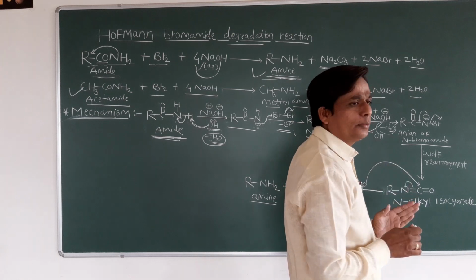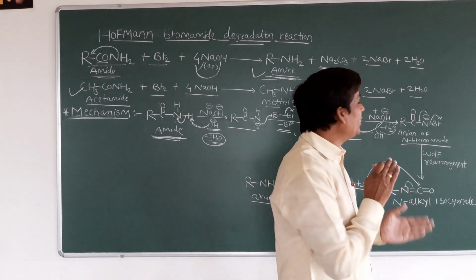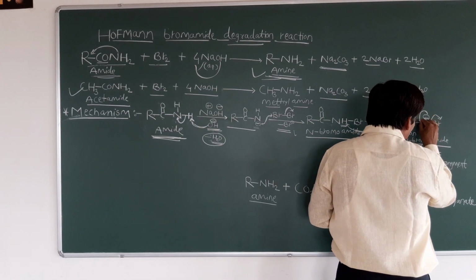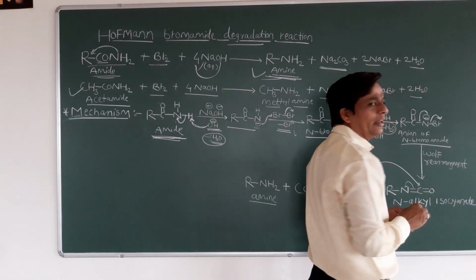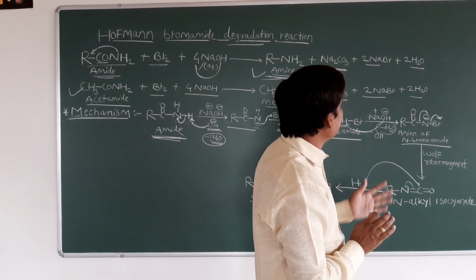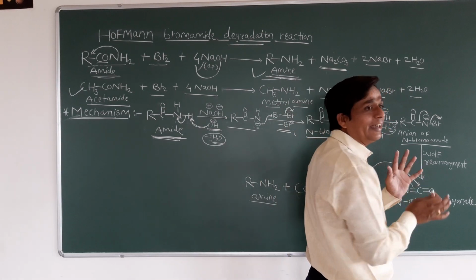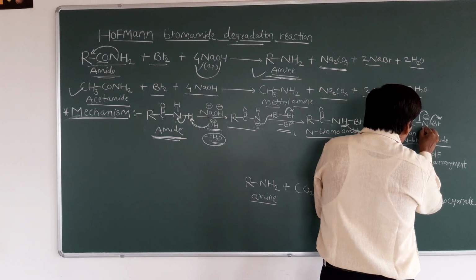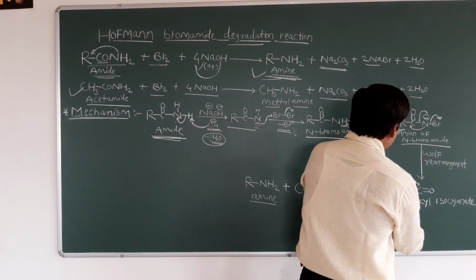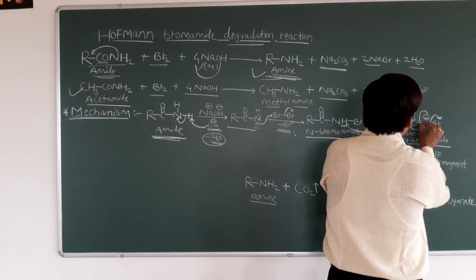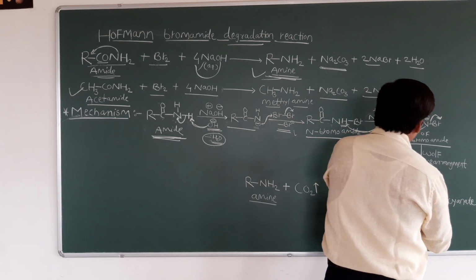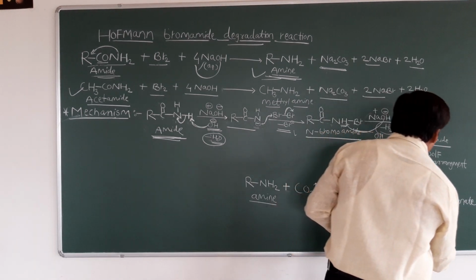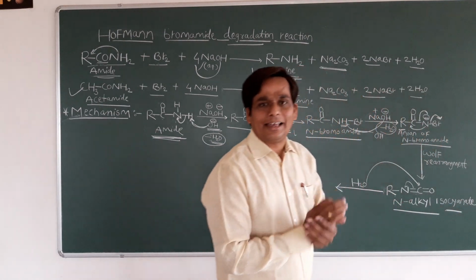Now in the next step, a rearrangement takes place. Before the rearrangement, this minus charge will shift here, and this bromine is removed because bromine is a very good leaving group. See the next step, what happens, students? It undergoes rearrangement. Just see this R as it is. Now this nitrogen shifts over this side, means R comes to the nitrogen, then C double bond O. Only bromine is removed, it undergoes rearrangement and we get here N-alkyl isocyanate.